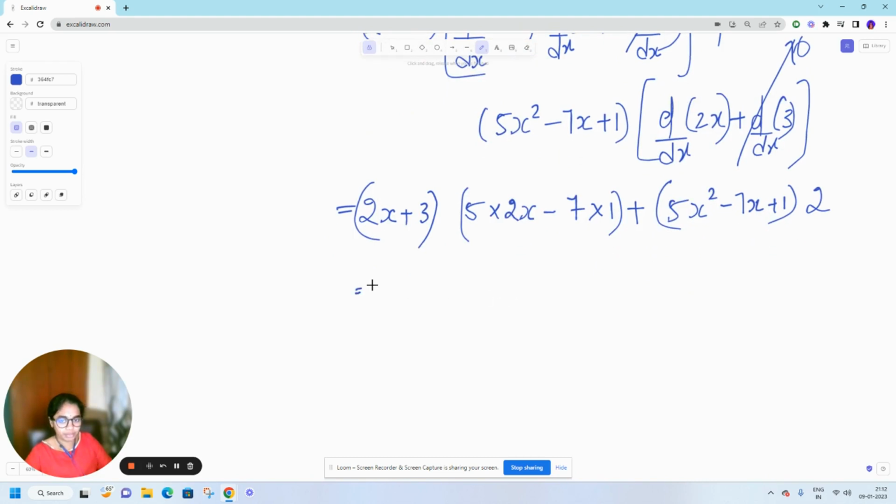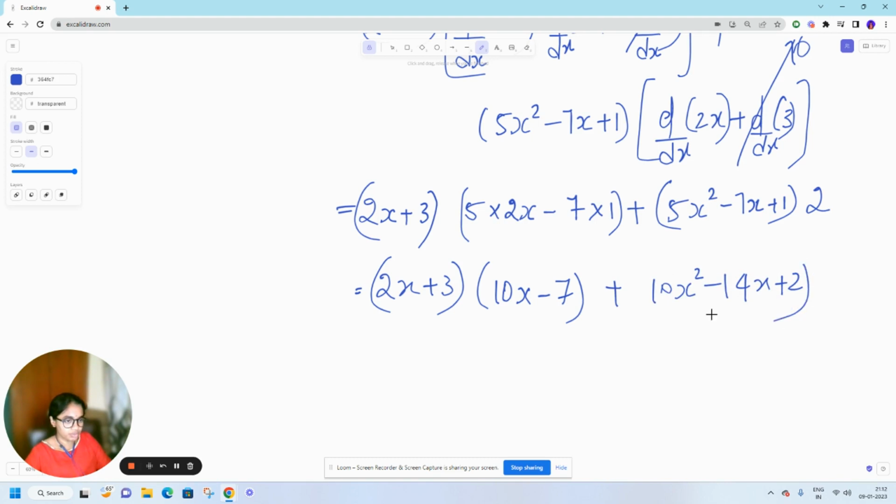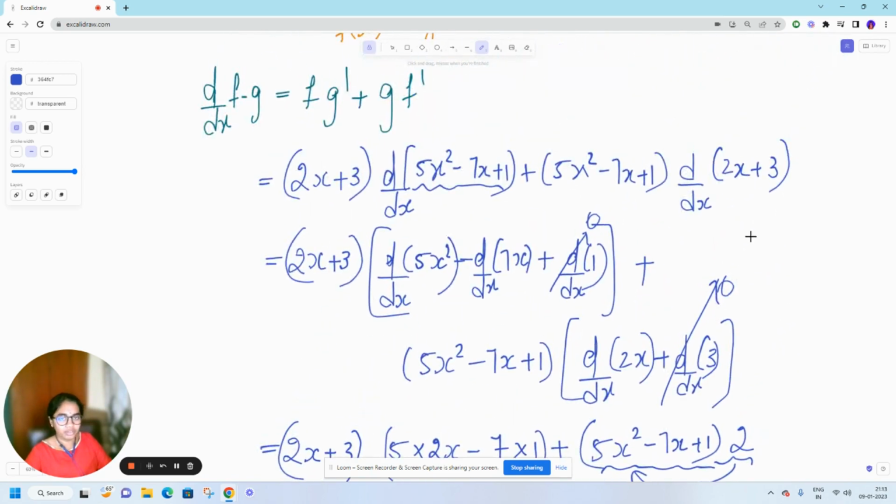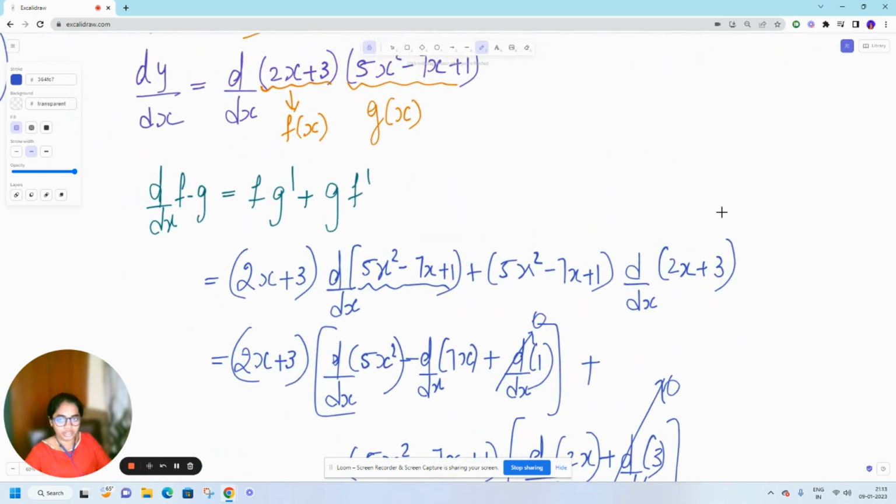Okay, let me simplify a little bit. 2x plus 3, yes, into 10x minus 7 plus 10x square minus 14x plus 2. I just gave this 2 to each term inside this bracket. Okay, so now moving on to our next question, that is,